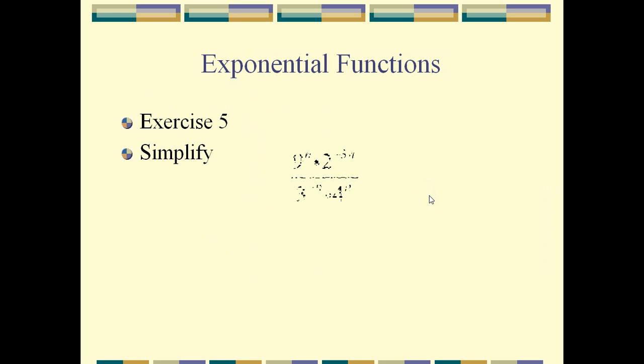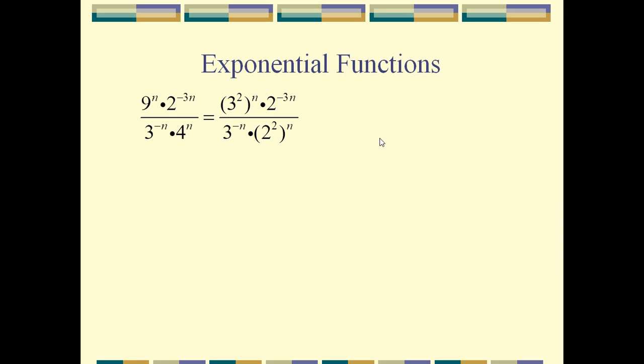Example 5, you want to simplify another one. Here also you see that there are 4 numbers, they are different. The smaller are the 2 and 3, so the 9 and 4 can be changed. It is the base of power 2, the expression of power 2 and power 3. So first make the 9 as 3 to the power 2, and the 4 is 2 to the power 2. With a similar argument, the first one will become 3 to the power 2n, and the